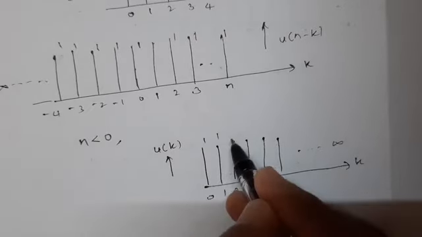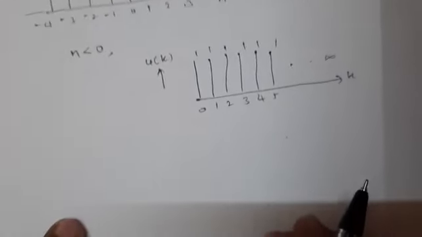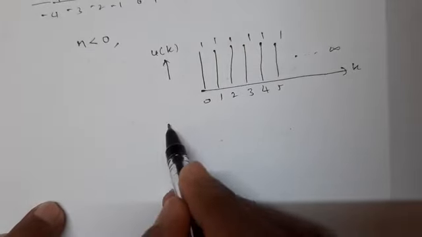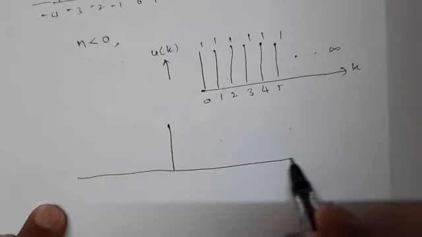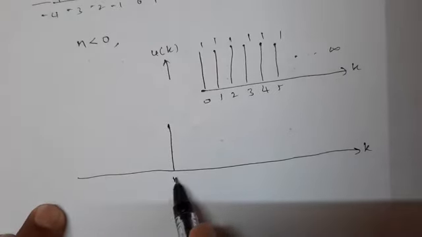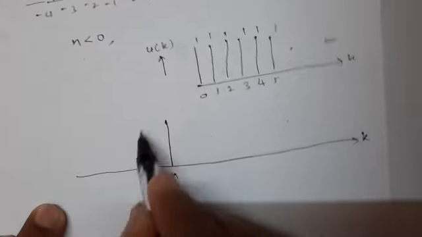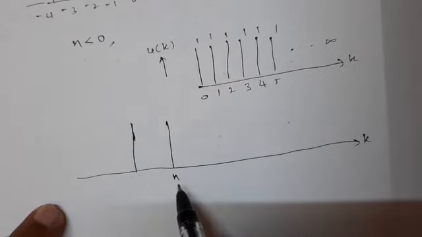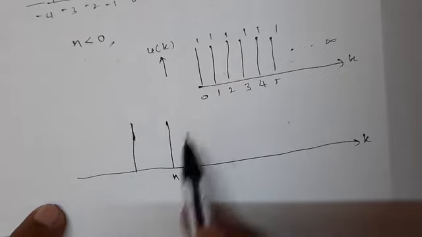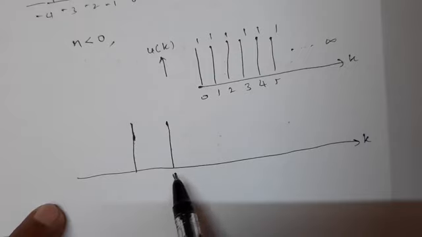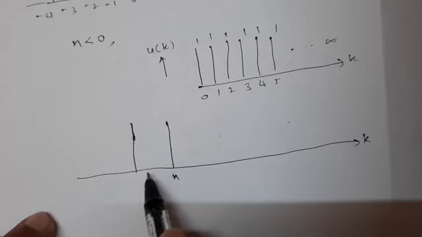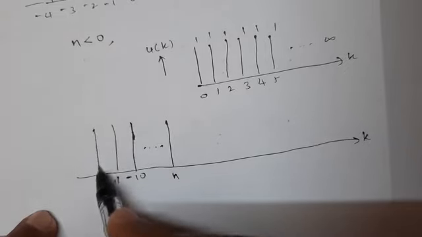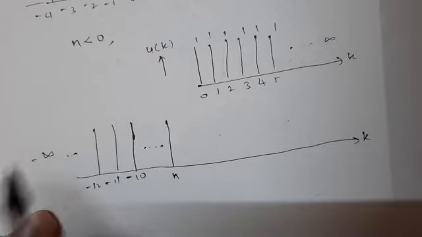Towards infinity, amplitude 1. u of minus k plus n. Since n is less than 0, n is lying somewhere here, with a value less than 0. So n is less than 0, maybe n is equal to minus 5. The value of n being less than 0 means I will assume that it might be minus 5, minus 6, minus 7, something, then minus 10, minus 11, minus 12, and so on towards minus infinity.